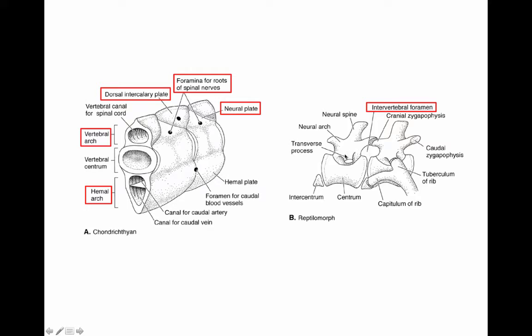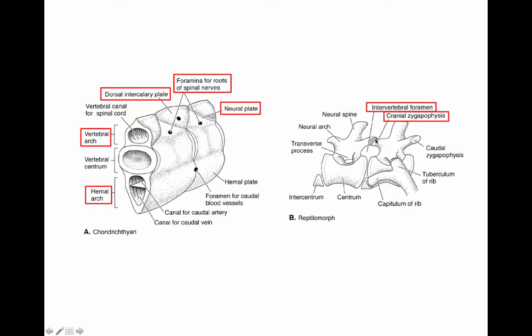Otherwise, the neural tube is completely protected by these neural arches that are widened and expanded. So these neural arches have these interlocking processes, hopefully you saw this in lab, called zygapophyses. So each vertebra has a cranial zygapophysis on the